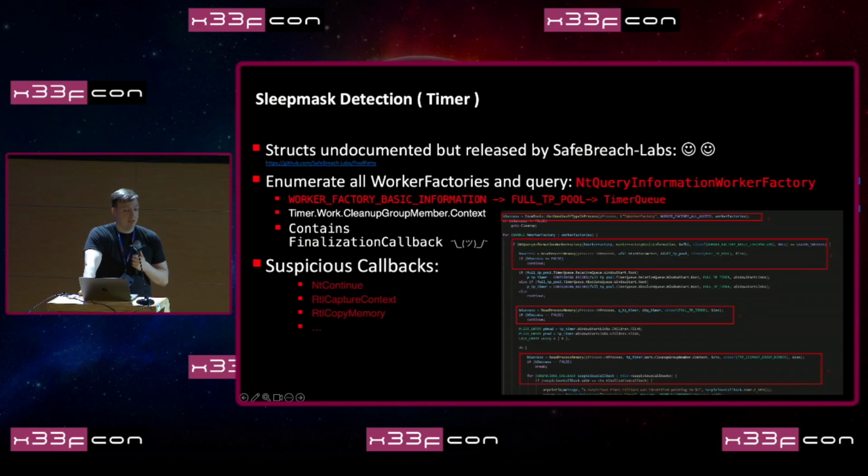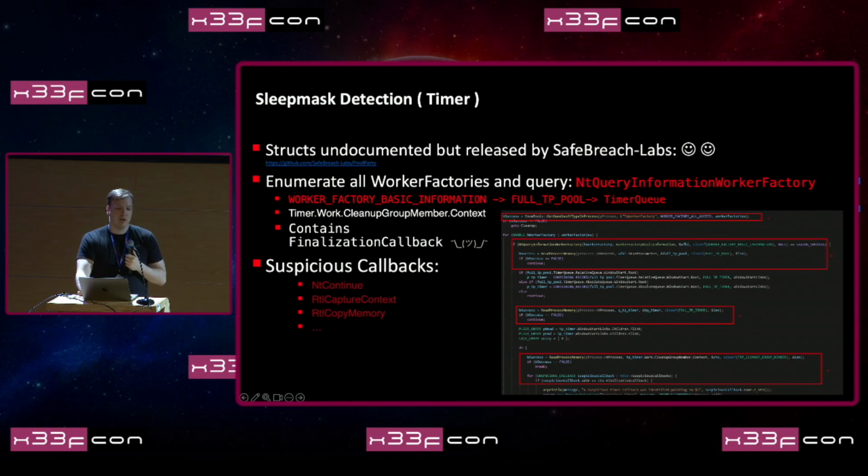They're not officially documented, however, SafeBreach Labs a couple of months ago released a really cool tool which they call Pool Party, in which they make use of a very clever technique to inject into another process. With this tool, they also released structs on timers and thread pools. I don't know where they have them from, but I'm very glad that they released them. Because using those structs, it is actually possible to enumerate pending timers and their exact callback. And if we do find a pending timer, which callback points to